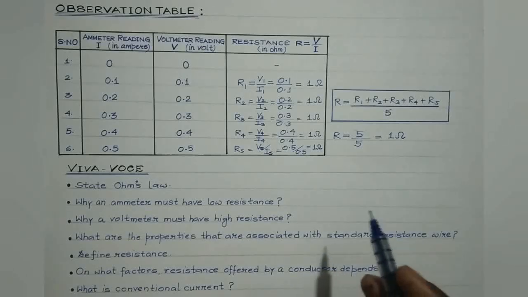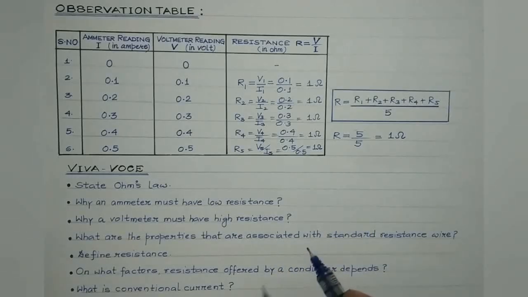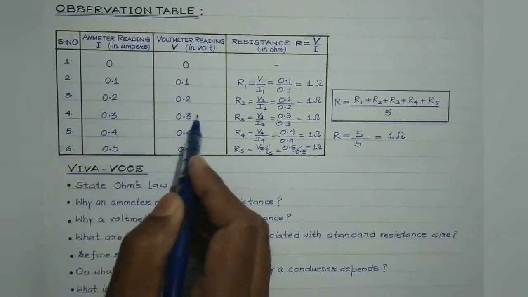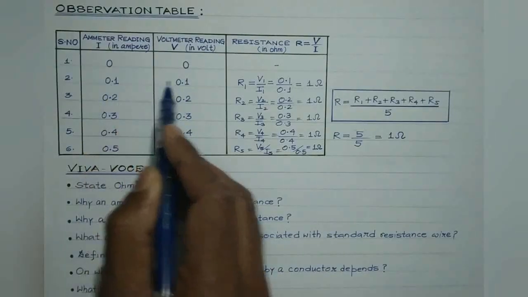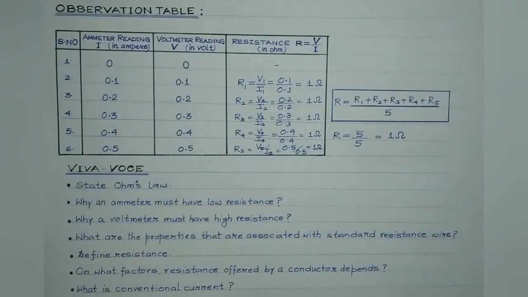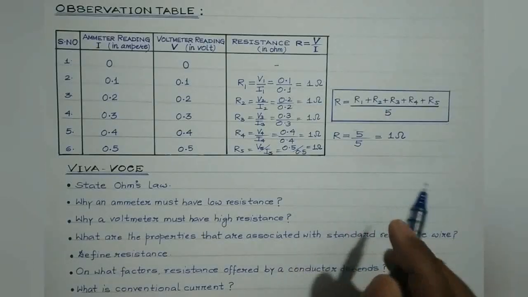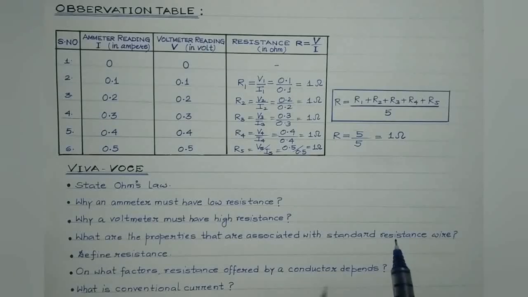It depends upon the dimensions of the conductor. It depends upon the nature of the material of the conductor. It also depends upon the physical conditions. But remember students, the resistance of an ohmic conductor does not depend upon the values of voltage and current. For different values of voltage and current, the resistance is found to be the same. So, the resistance of a conductor is independent of the voltage and the current, right?